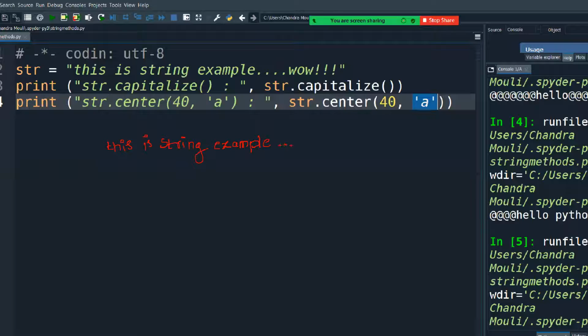Okay, so 1, 2, 3, 4, and wow. Let us check how many characters are there.